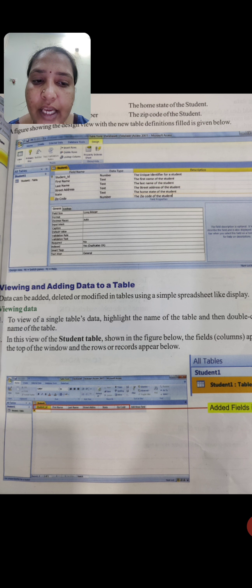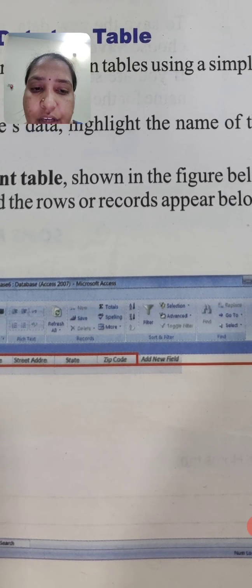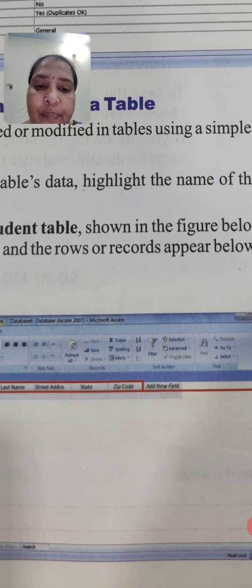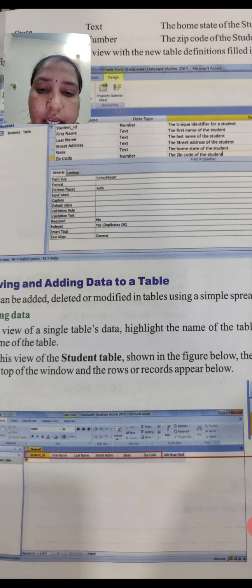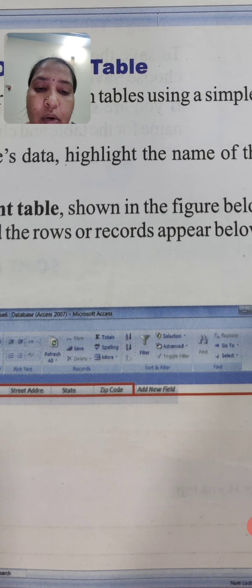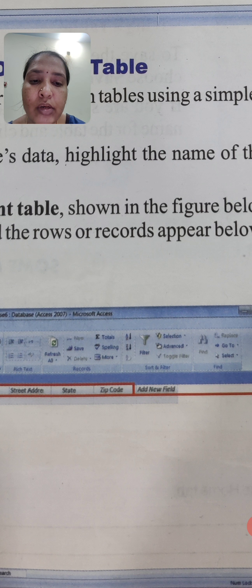We can also add data to a table. For example, consider in this window, there is one option, add a new field. If we click on add a new field, another row will open, that is the ash color row. They have shown it in the window, add new field.